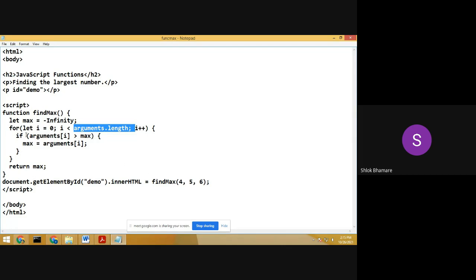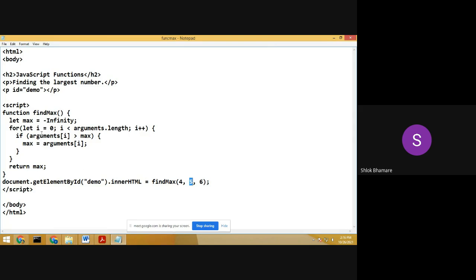That means the first argument will be assigned to the max variable. In max we have minus infinity, so the condition is true and the value of max will be 4. Then again the condition: the value of i becomes 1, so arguments[1] means 5.